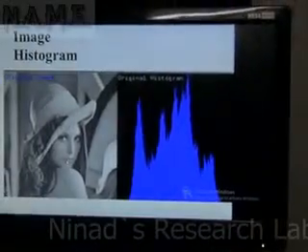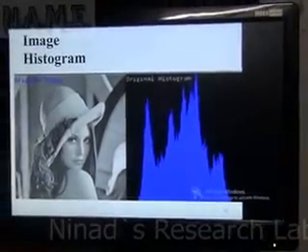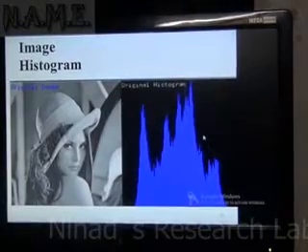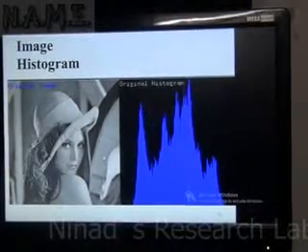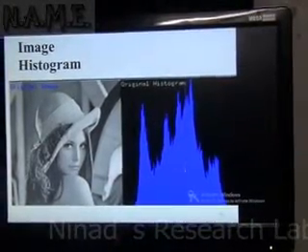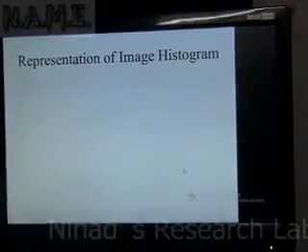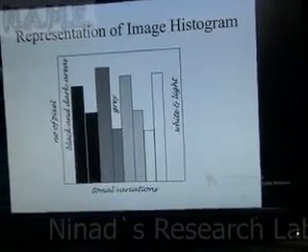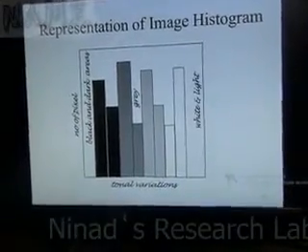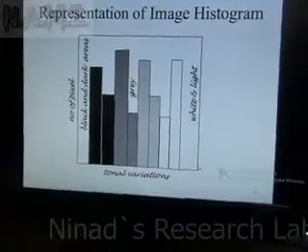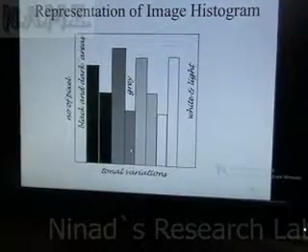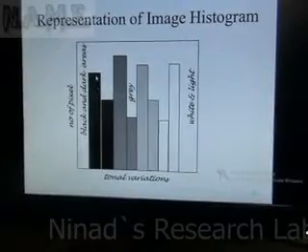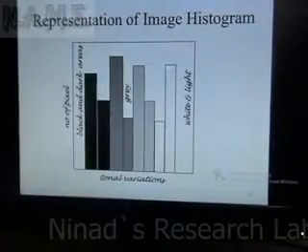In case of an image, you can see a grayscale image which varies between 0 to 255, and if we plot the frequency of each pixel occurrence, it will show a graph something like this. So in the representation of an image histogram, the black level appears near 0 and the white level appears near 255 for an 8-bit histogram, and the grey levels will lie in between. And the height of the bar will represent how many times that pixel repeats in your image.